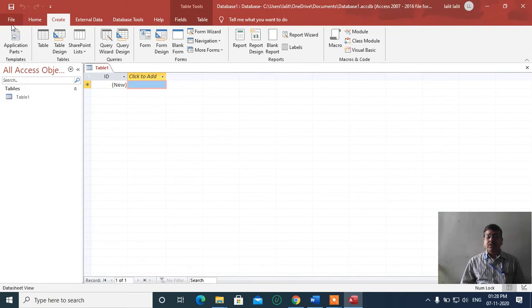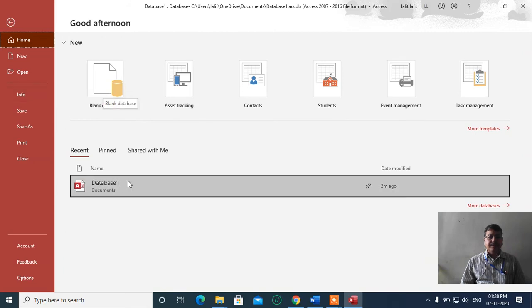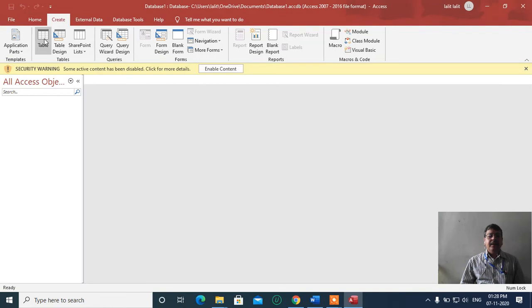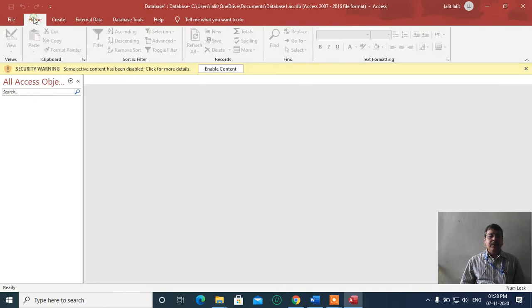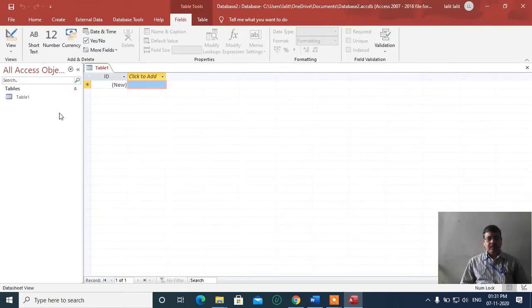But you must know, students, suppose you have created a blank table in database 1, and you click on design view, and you have created a table with any name using design view.